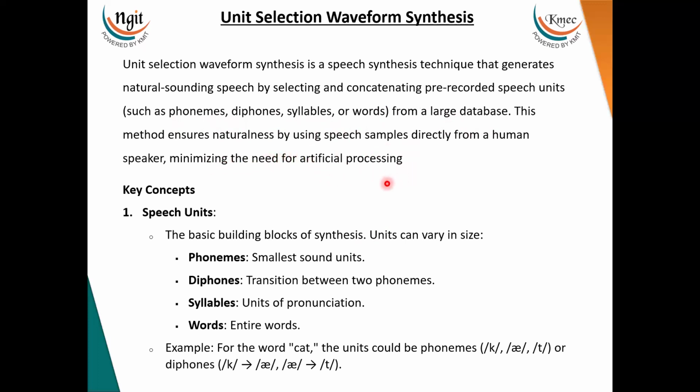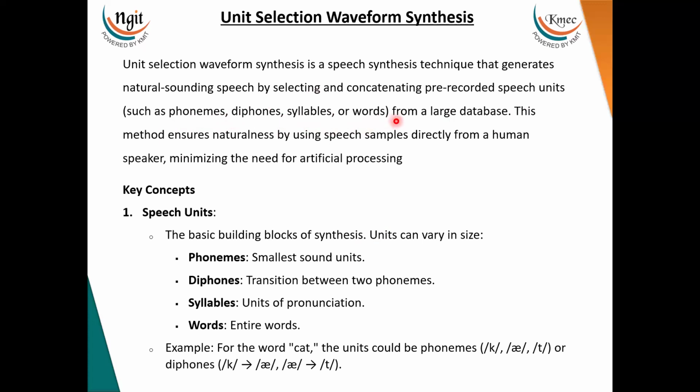for artificial processing. Okay. So basically, if you observe text to speech systems, this unit selection waveform synthesis is the best one we can say, where it tries to generate natural sounding speech by selecting and concatenating the pre-recorded speech units as mentioned here. So basically, what are these units again? These units are typically small segments of human speech, okay, such as diphones, phonemes, syllables, or words, as mentioned